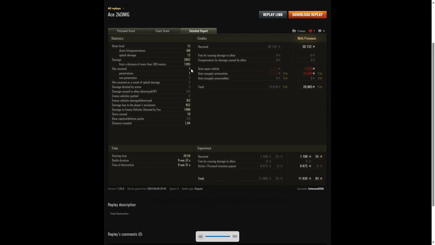He did receive 1 hit. It was a penetrating shot. That was from heavy tank number 6. He damaged 9 of the enemy, killed 2 of them, and did 452 hit points of damage assist and 1,400 hit points of stun assist off 10 stuns. On a premium count, he actually made 28,985 credits profit,